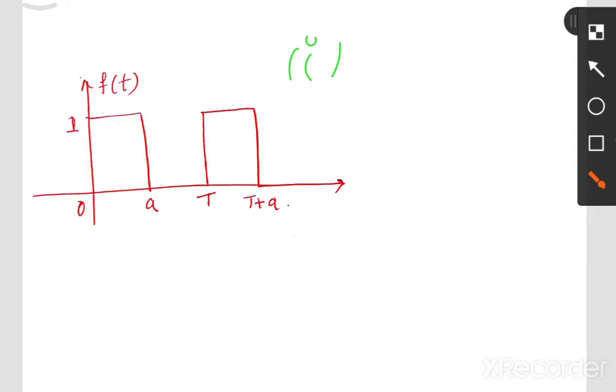So the Laplace transformation of u of t will be equal to the integration from 0 to infinity of u of t into e raised to minus st into dt. For u of t, we have to substitute its magnitude. It is nothing but the integral from 0 to infinity of 1 into e raised to minus st into dt. Only that thing we have to do: 0 to infinity of e raised to minus st dt.